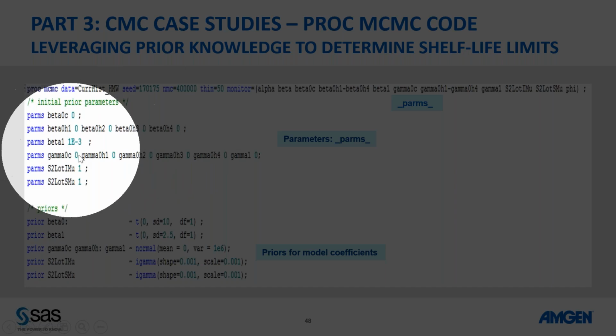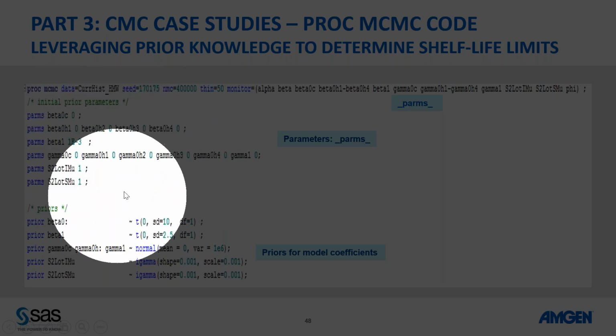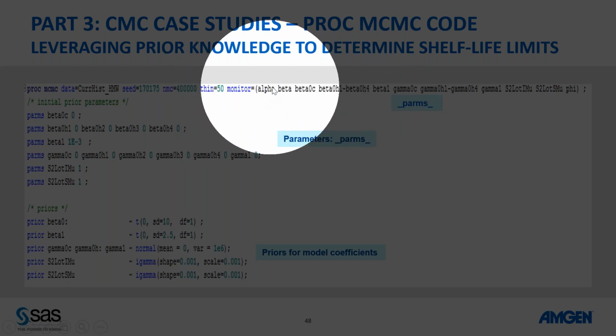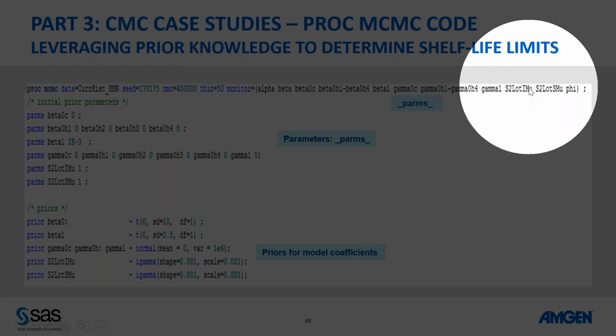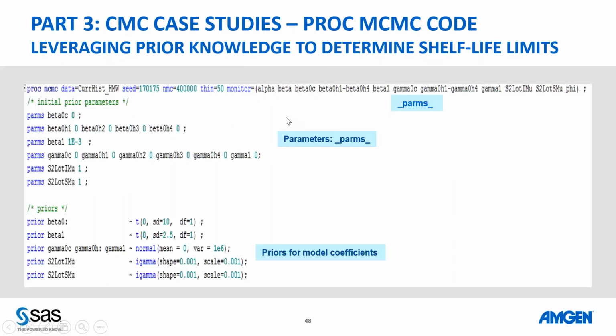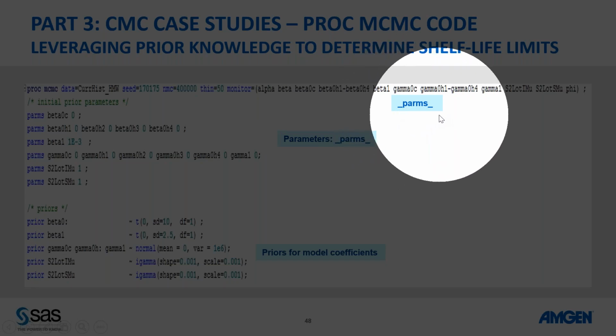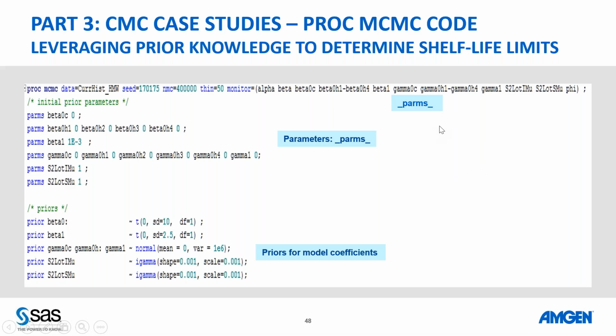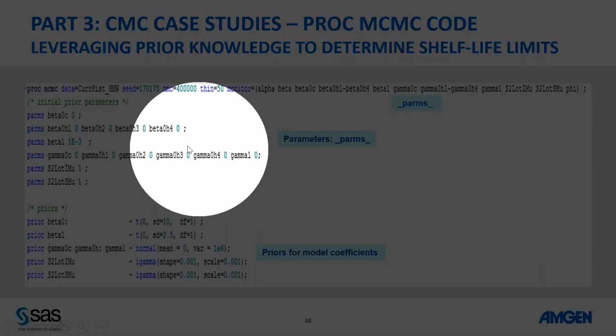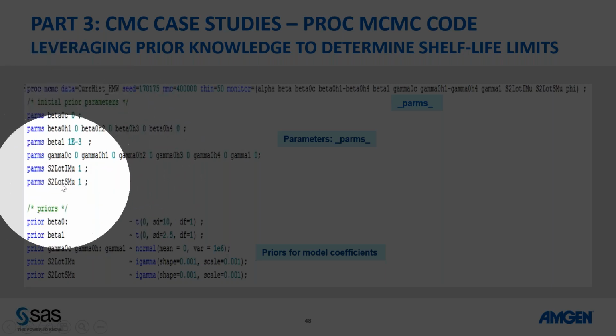And this is what we're saying, that you have to be good at keeping track of everything. Just a point here, we wrote out all the parameters here in the monitor statement. You remember the monitor statement is the one that allows you to monitor them and generate the samples in the data set. If you don't put it in the monitor, it won't be in the data set. Now there is a shorthand for that. Those of you who are very good at this will be looking at this as how these guys are novices. So you can use the shorthand notation underscore params underscore. And then it will automatically monitor all parameters defined in the PROC statement.